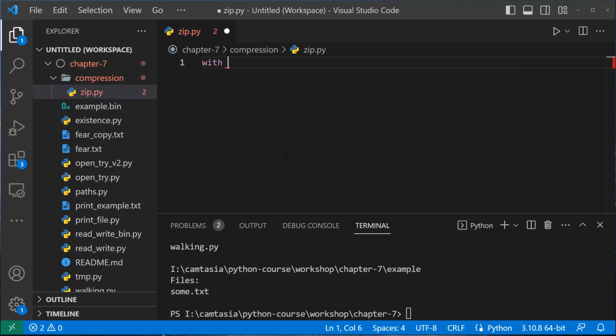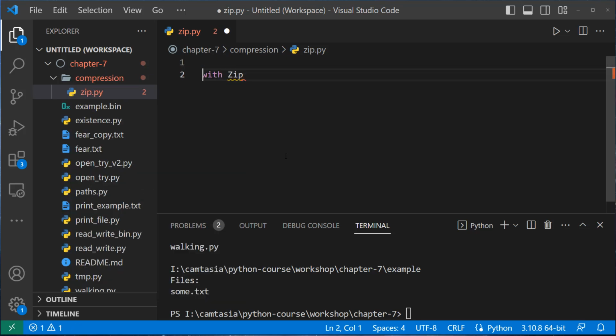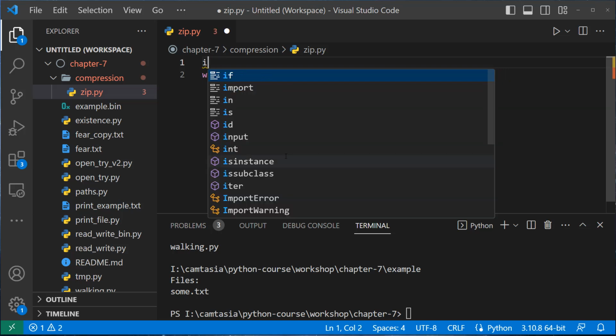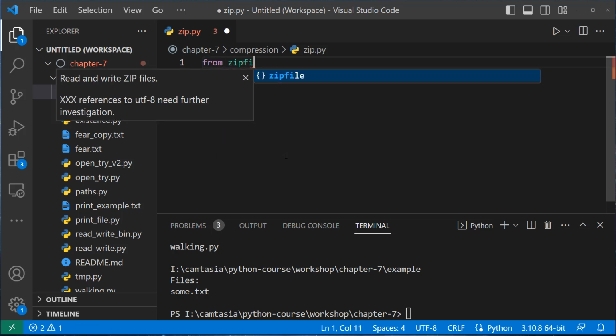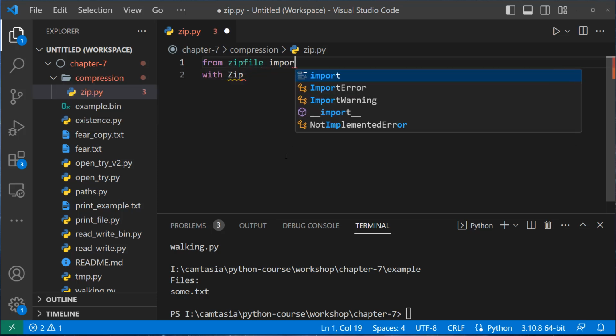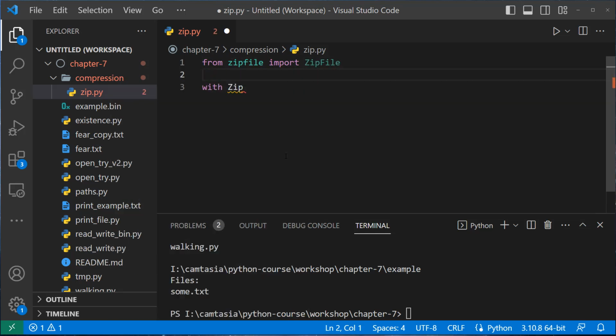With zip, first of all, let's import zipfile: import zipfile. Okay, so zipfile example dot zip